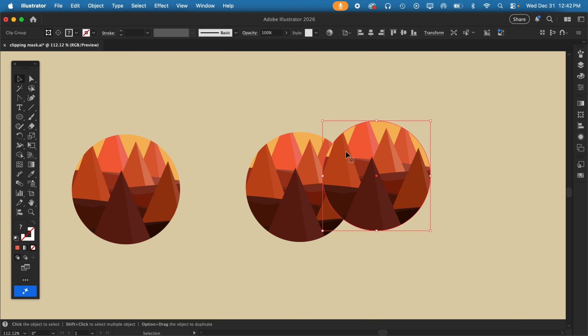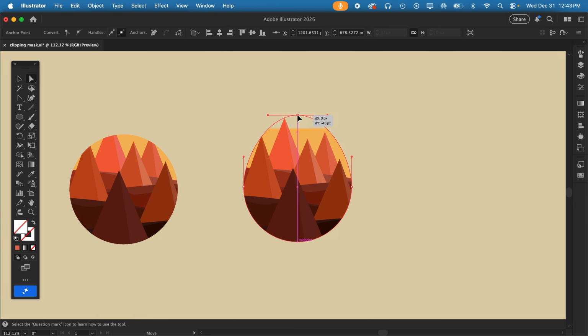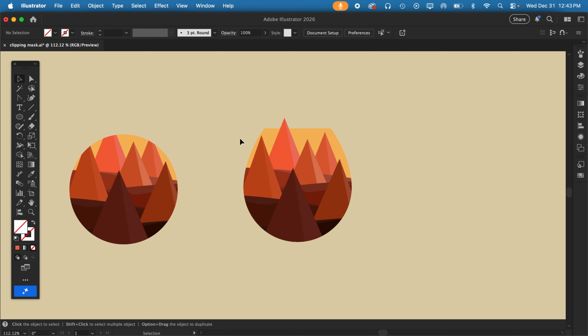So there's another copy in the front, and I'm gonna edit the circle that represents the clipping mask. I'm gonna edit the anchor point using the direct selection tool and just lift it a little bit. And I want the top of the background to have that rounded top.